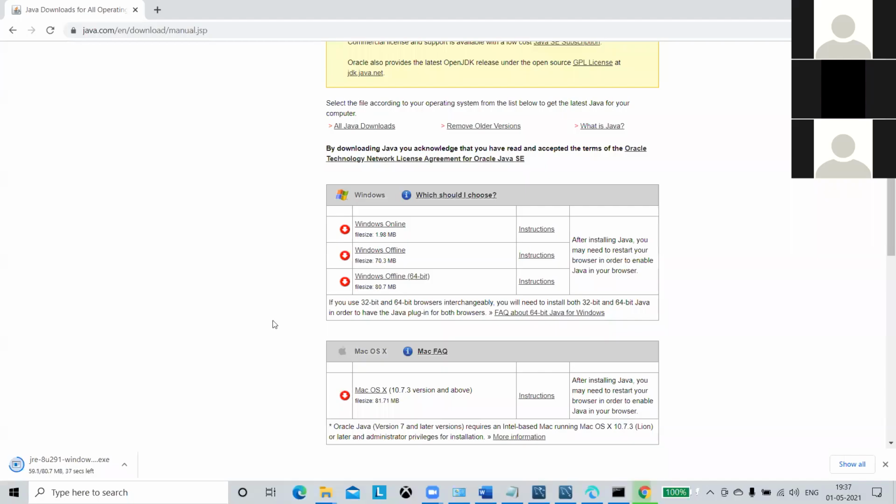So it is downloading JRE, and JRE stands for Java Runtime Environment, version 8, and U291 means update 291. Most of the applications that we test will be Java applications. That's why I'm explaining this. You should know what is JRE, what is JDK and all. It would be good if you have a bit of Java knowledge. Otherwise, you should know at least the basics of Java. Now go ahead and install that Java.